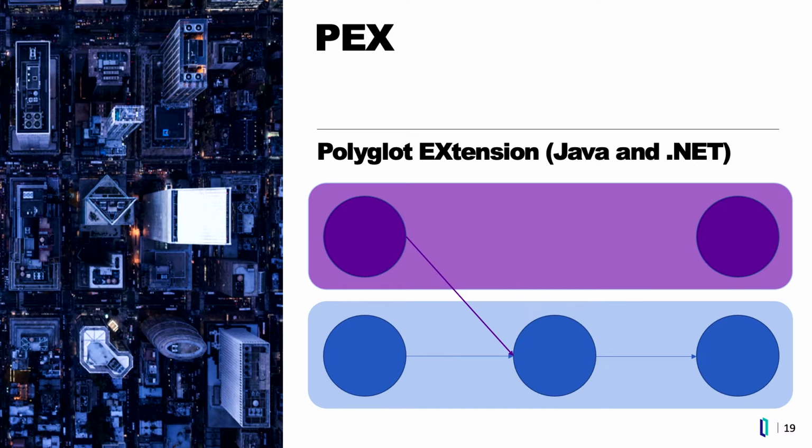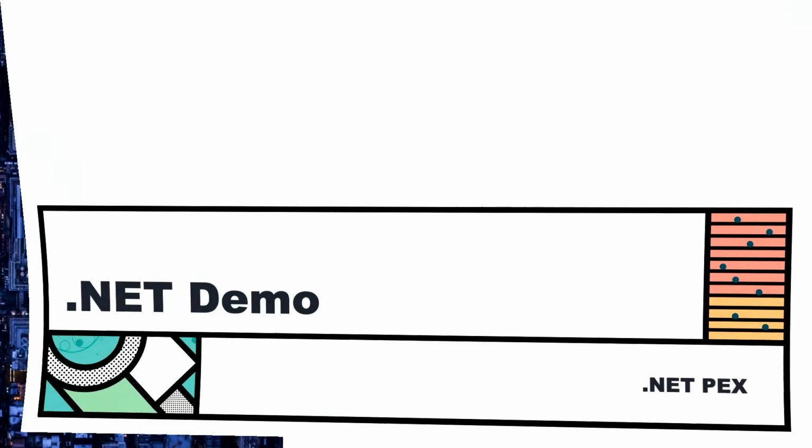If you want to communicate to some library that we don't offer support for directly in Iris, it's very simple to build a business operation or a business service that implements this based on a jar file or a NuGet package, right? So let's take a look at the demo.